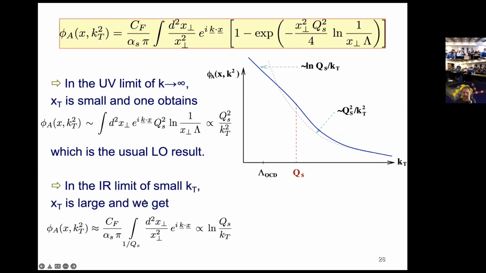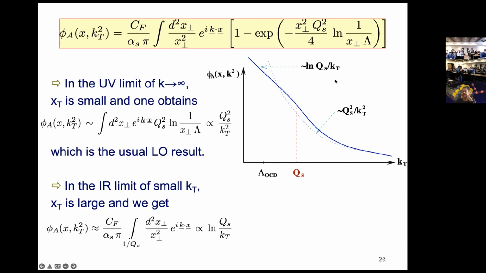But in the infrared regime, in the low kt, low meaning below qs, still above, of course, lambda qcd, where all this perturbative calculation would break down. So at low kt, xperp is large. If xperp is large, we drop the exponential, and Fourier transforming 1 over xperp squared, the two-dimensional Fourier transform of that is a log. So instead of being 1 over kt squared divergent in the infrared, this TMD is actually divergent only logarithmically